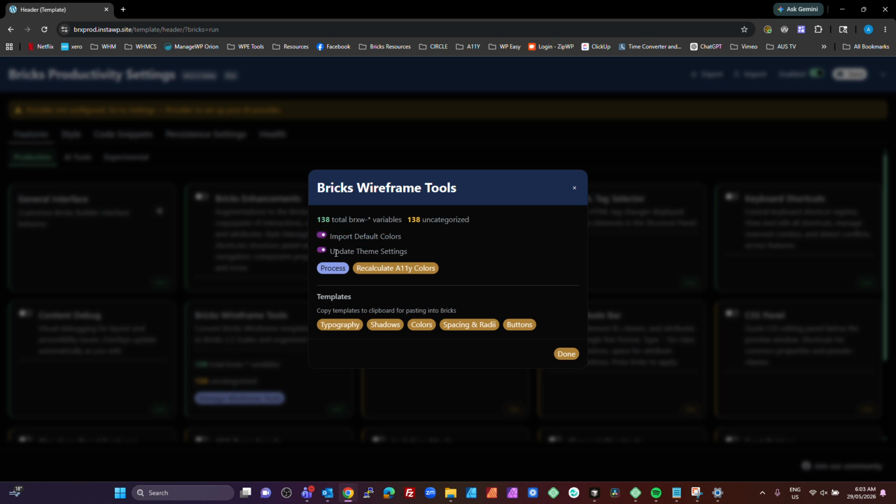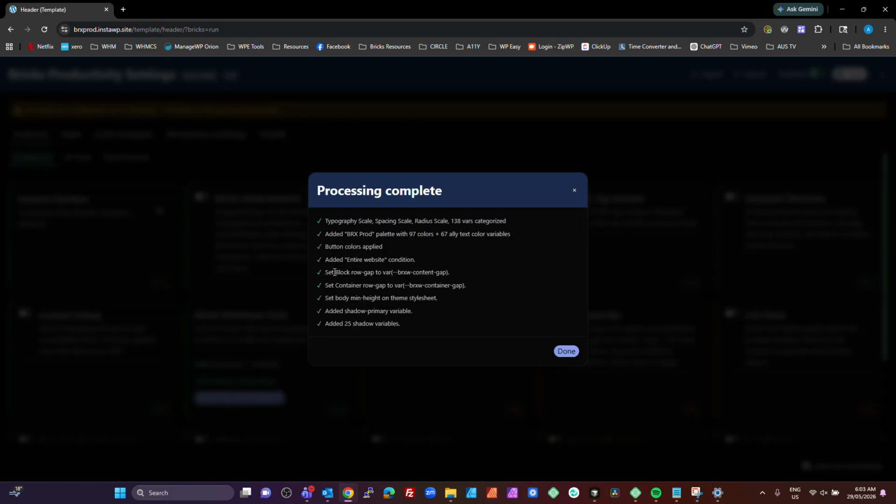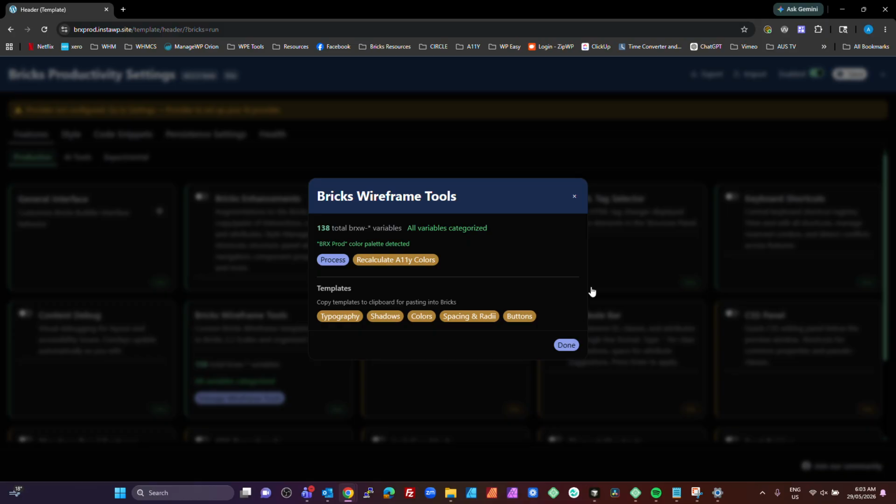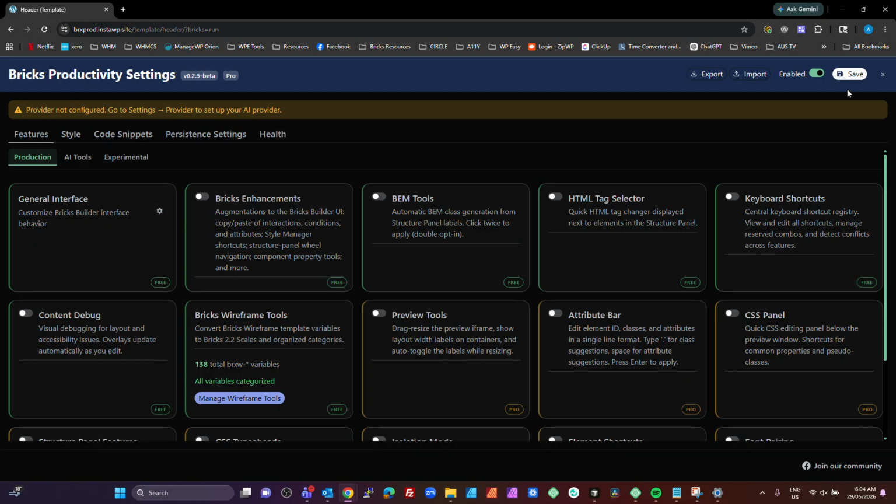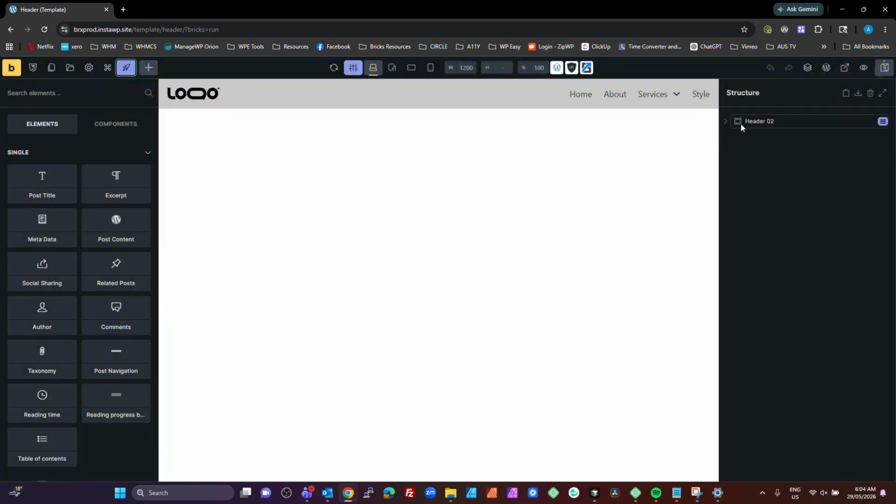And we want to update our theme settings, which basically means all the organized variables, the colors, everything that we're going to import are going to actually populate the theme, so we get our button colors and all that sort of stuff. And we're going to hit the process button, and it's going to do all of these things which you can read in your own time. Hit done, hit done, hit save. Actually, we don't have to hit save here because we've made changes. And now if you go into the